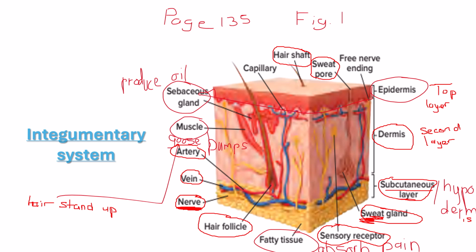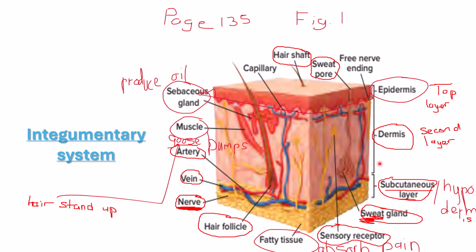So let's begin with the integumentary system structure and functions. As you all can see, it is page number 135, figure number 1, which is the integumentary system. It consists of three layers, which is called as the epidermis, the outermost layer, which is thin and contains epithelial tissues,